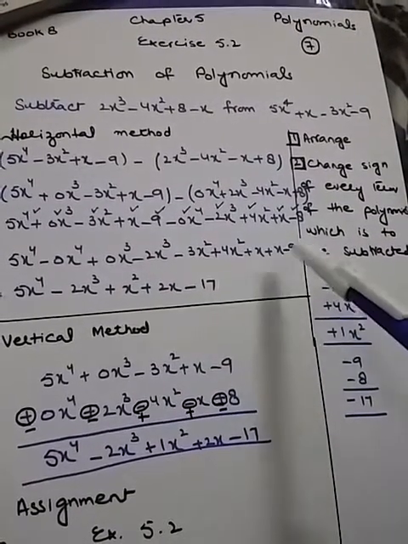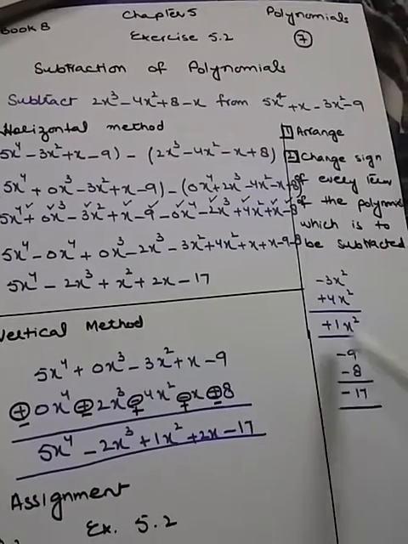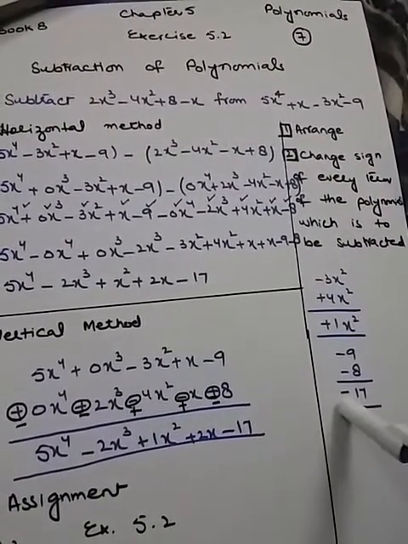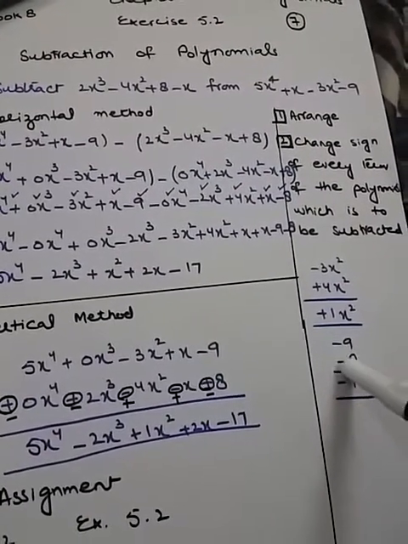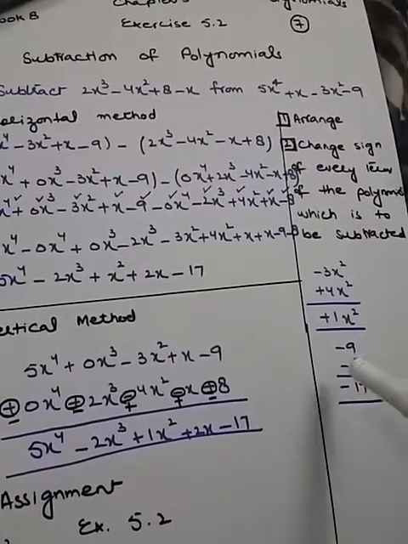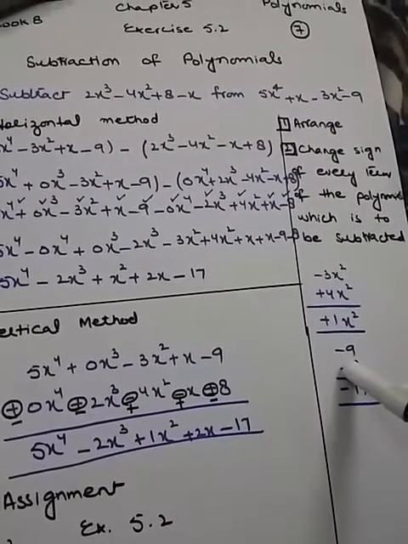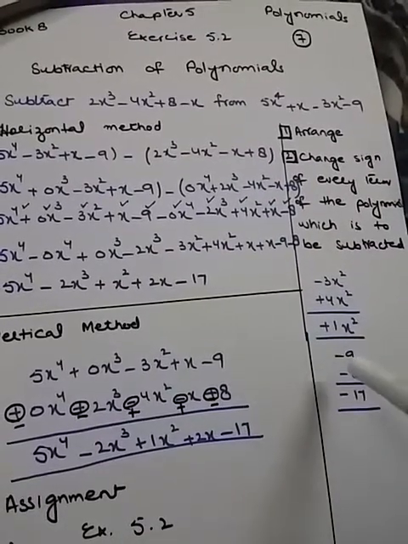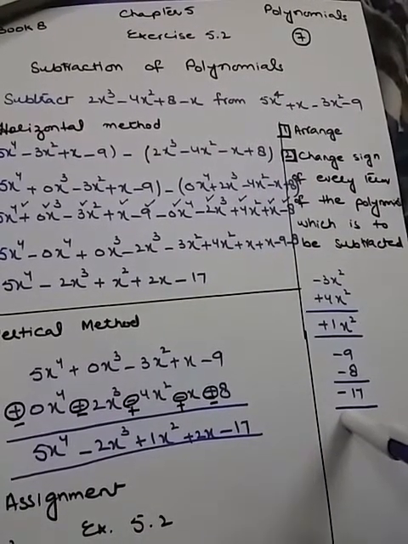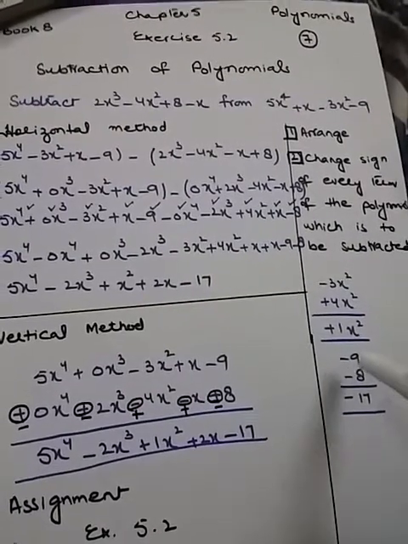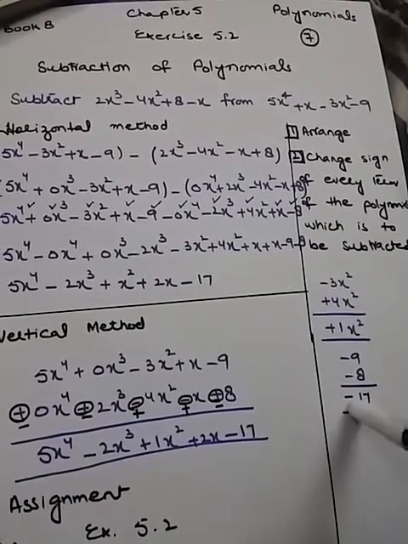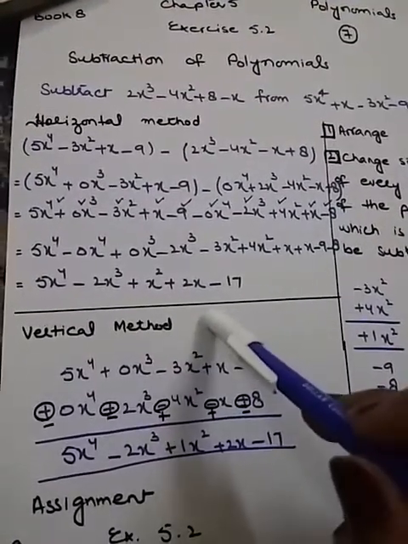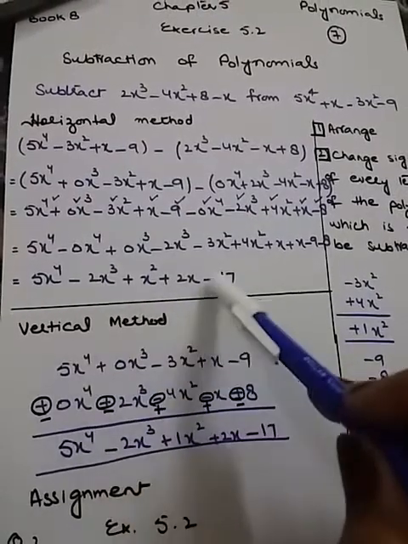Minus 9 minus 8. Okay, when we have same signs, we take the sum, but the sign remains the same. Minus minus is plus. We are going to add these numbers, but for the sign we have to write the same sign as it is, okay? Minus minus is plus, but we will write minus. So I used to say to my students, when we have same signs, we take the sum, but the sign remains the same. Now this is your simplified answer, okay?